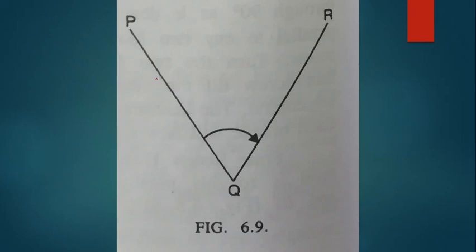And bisect the P accurately, and after that check the reading on vernier A and B. There should be no change in the previous reading. That means there should be 0 reading only. Now unclamp the upper clamp and rotate the instrument clockwise about the inner axis